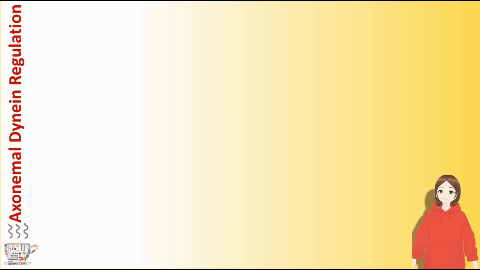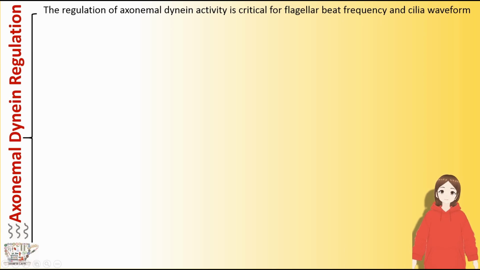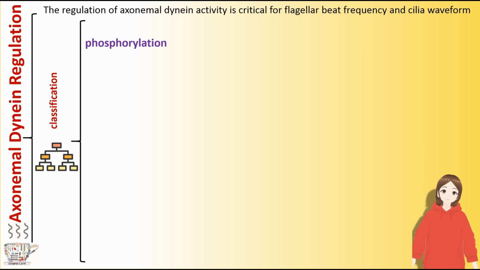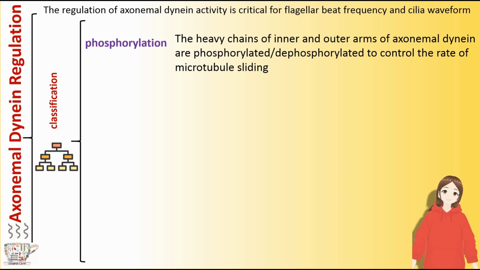Axonemal dynein regulation. The regulation of axonemal dynein activity is critical for flagellar beat frequency and ciliary waveform. Axonemal dynein regulation can be divided into 4 options. Phosphorylation. The heavy chains of inner and outer arms of axonemal dynein are phosphorylated and dephosphorylated to control the rate of